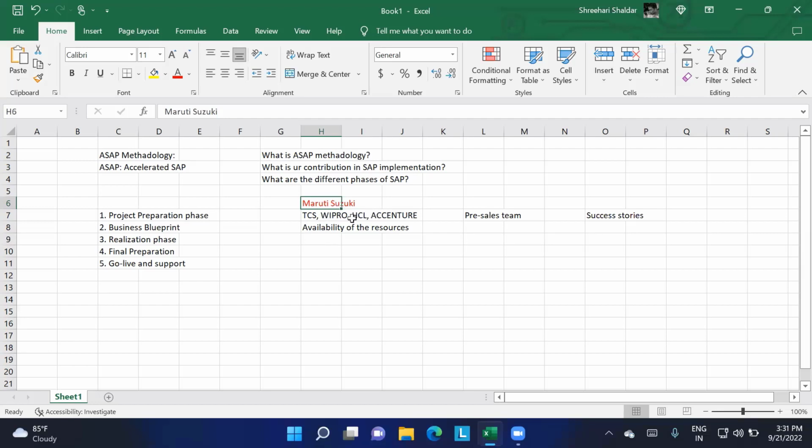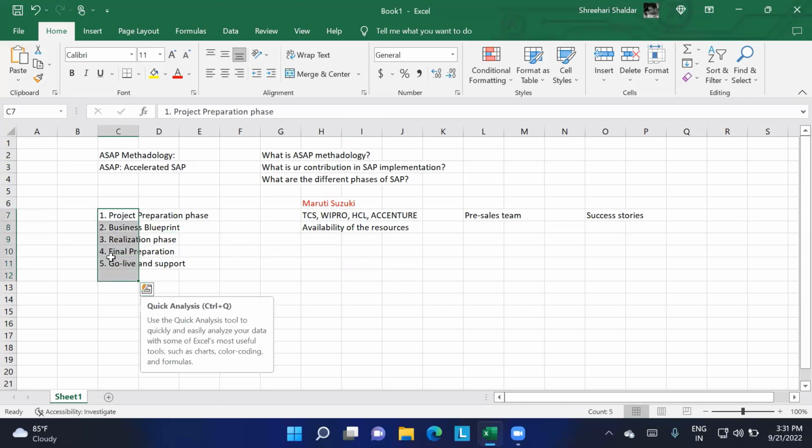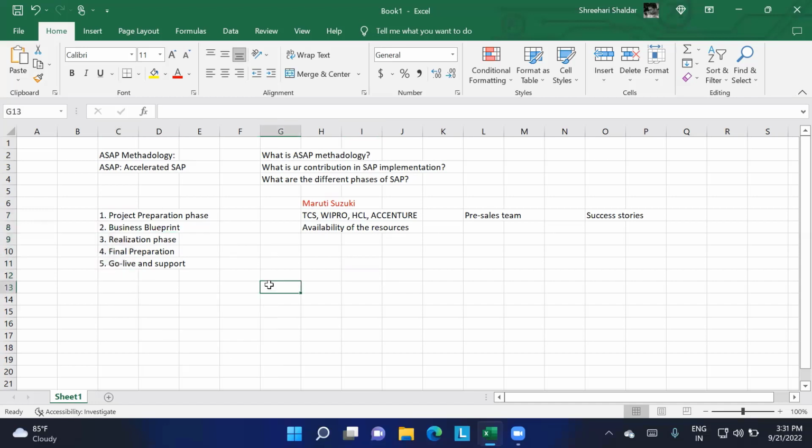Or else they may have better bonding with some different service-based companies, and then they will definitely go for them. So this is how, before going through the phases, they arrive at a particular company or vendor through these procedures. Once they get a particular person or company to implement SAP, then these phases come into the picture.